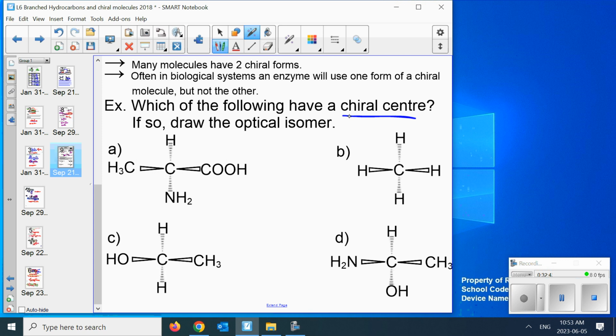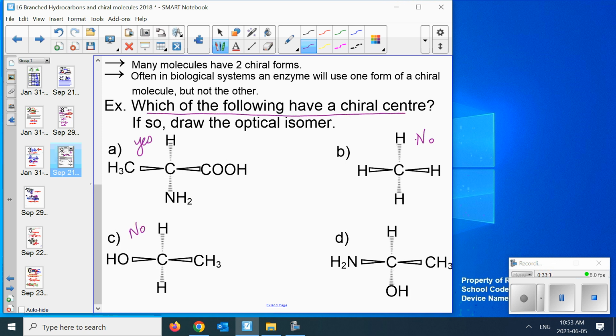If it has a chiral center, how many different attachments do you have to the carbon? Four. So first of all, it must have four. So let's just do elimination, say which one's a no. A is a yes. I'm going to just put a yes here. B is a no because that hydrogen is no. C is a no because it only has